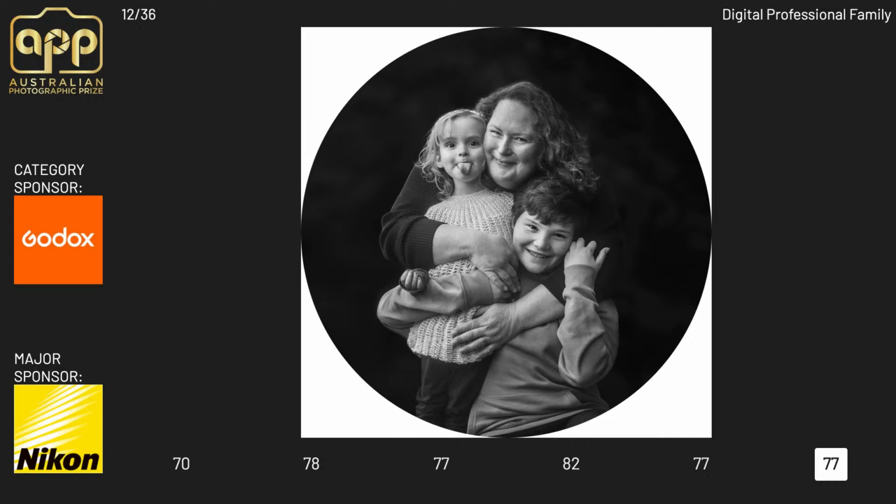And I think choosing to have it in a circular crop really helps to elevate it to that next considered level. It's not just a straight out of camera capture, and the separation between the foreground and the background in terms of sharpness and falling out of focus works well too. All right, thank you. Kat, can I get a comment, please, from Vicky?